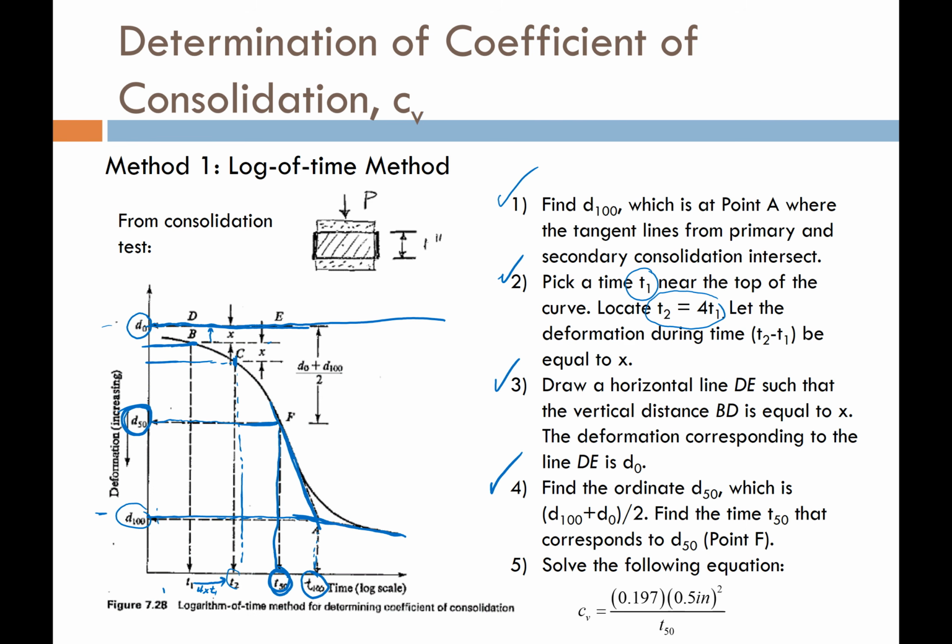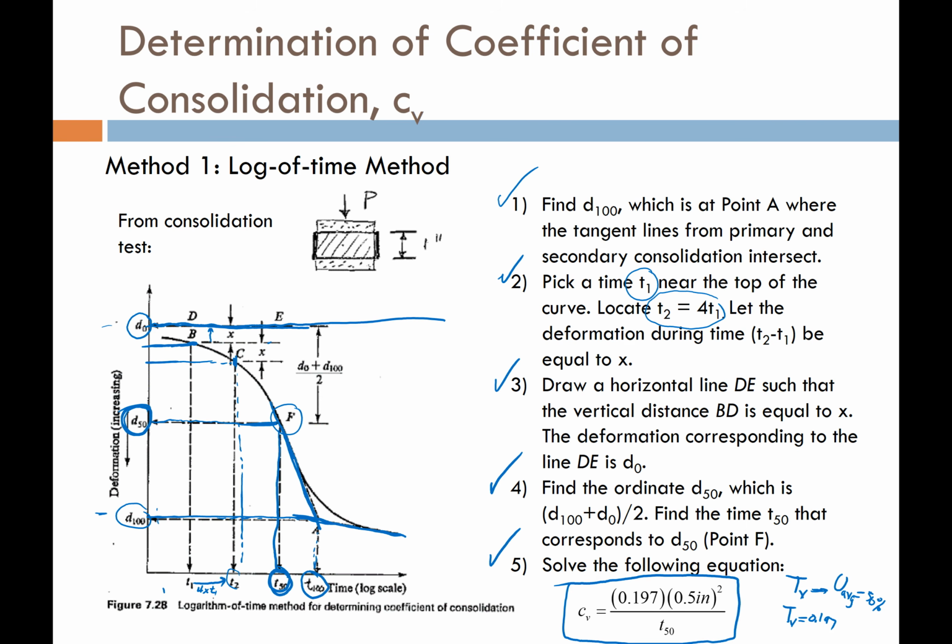So we're going to call that point F, okay? The final step is we're going to use our relationship for T sub V. For U average equals 50%, T sub V is almost 0.2. It's actually 0.197. So we're going to use this equation right here